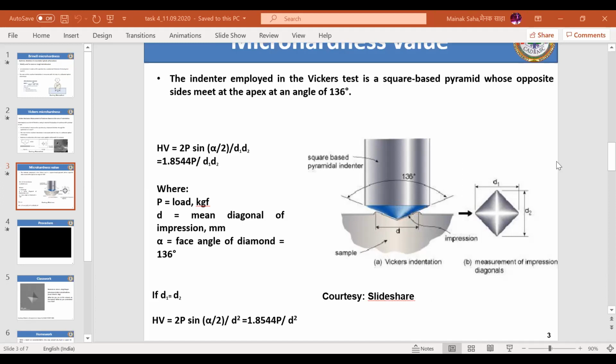But definitely, if you don't see the video, or if you don't do the experiment, which is impossible for you nowadays, but if you see the video, you'll be able to get more. You have a lot of other videos related to this. On Vickers microhardness in YouTube, if you check, you will get all these related types of videos. So there you can appreciate these things more. Of course, I'm trying to explain this, but okay.